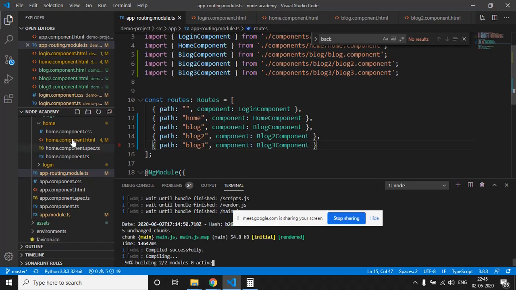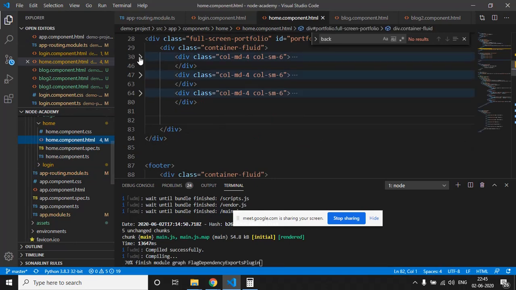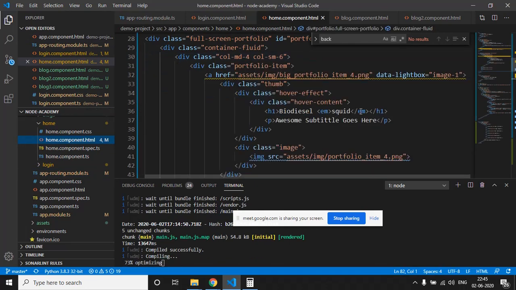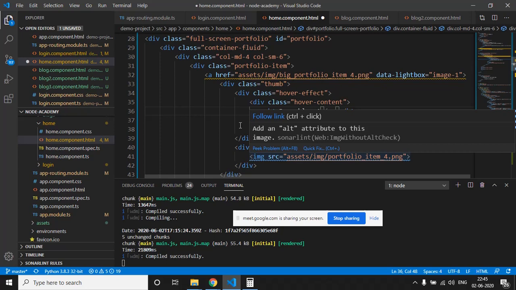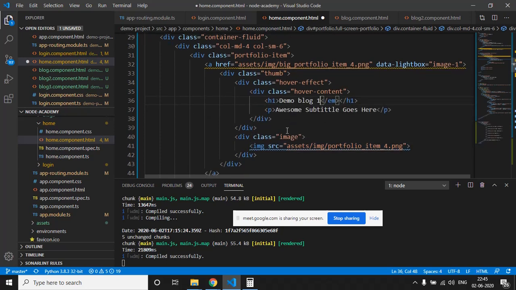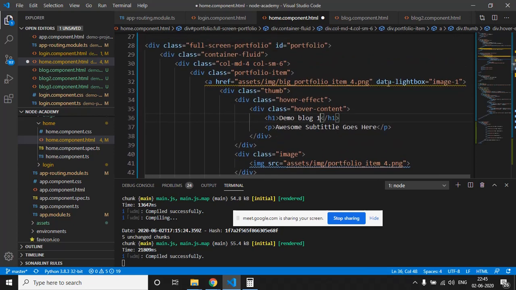Now go to the home page, as we want the behavior that when we click on these tiles, the heading for this will be demo blog 1, and when we click on this, it should take us to the blog.